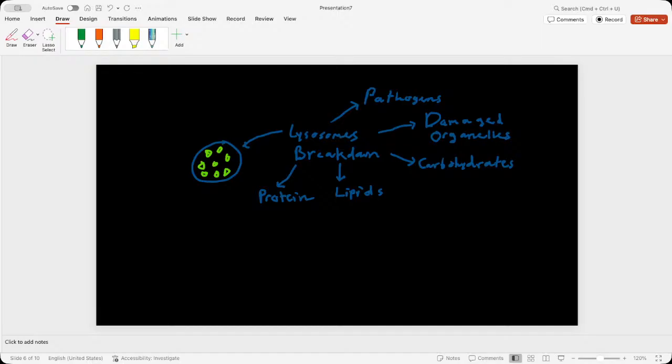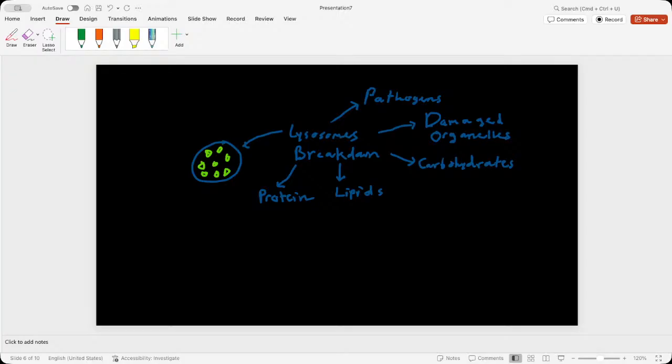Lysosomes are essentially used to break down many of the old proteins, lipids, carbohydrates, damaged organelles, and pathogens, and later on these things can be reused. Now the lysosomes themselves are just like a storage vesicle, basically. But what actually breaks it down are the enzymes. There are certain enzymes used to break down these types of things. These enzymes are essentially proteins, and proteins are made by the